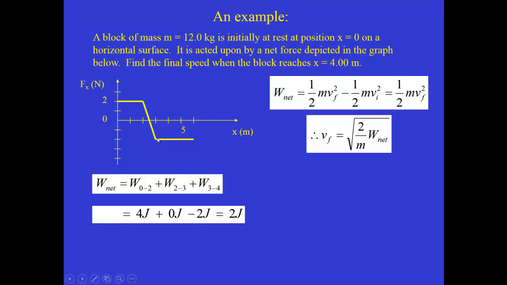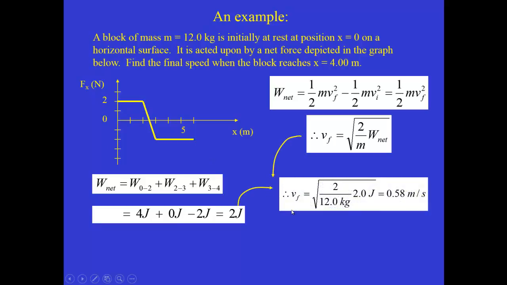It's in the negative x direction. And so if we were to form the dot product between the force and the displacement, we would see a negative sign. So it's just 1 meter times negative 2 joules, or negative 2 meters, which gives negative 2 joules. So the net work done on this object as it moves from x equals 0 to x equals 4 is